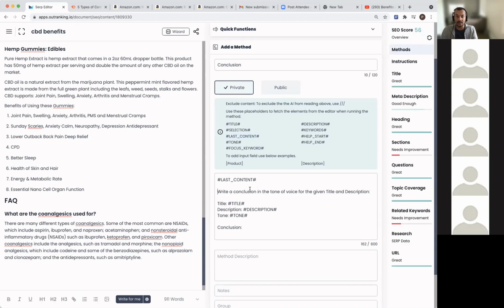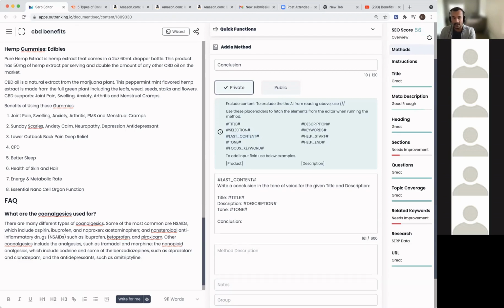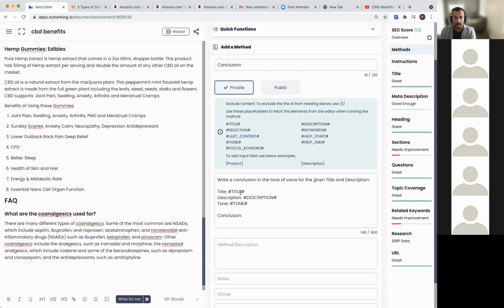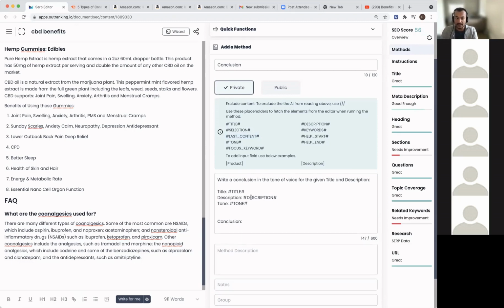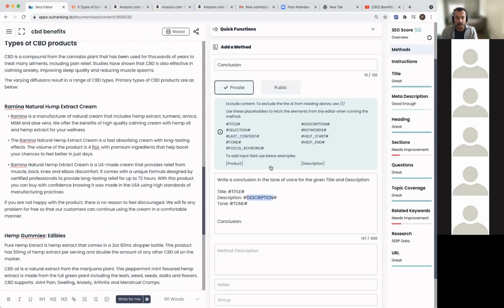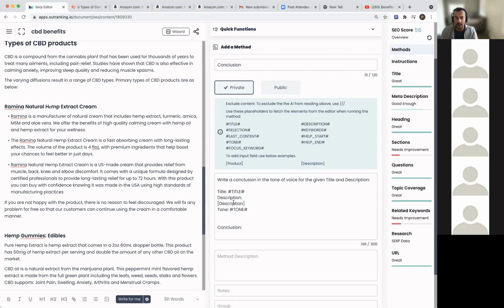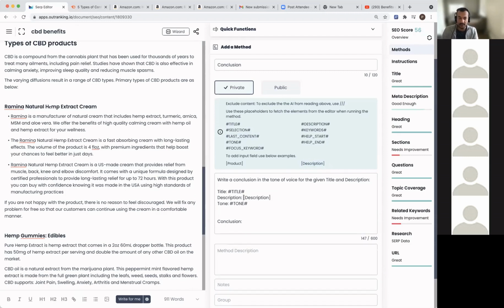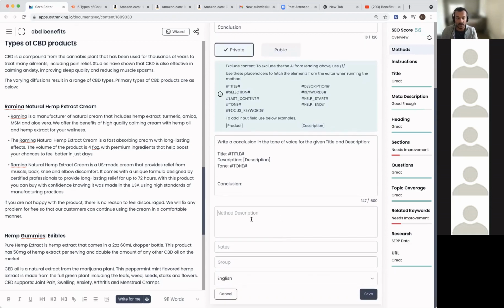So that's why I did not include last content in here, but you could also do something like this. Let's say, write a conclusion and tone. And in this description, let's say you don't want to use the original description that's up here. You can also include and say description here. It will ask you to dump that description in here, whatever you were just writing the conclusion about, and then you can press it and start writing the conclusion. So let's say this is what we want: method, description, conclusion, and